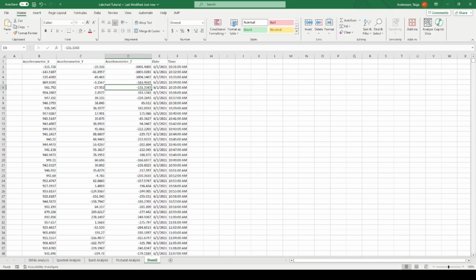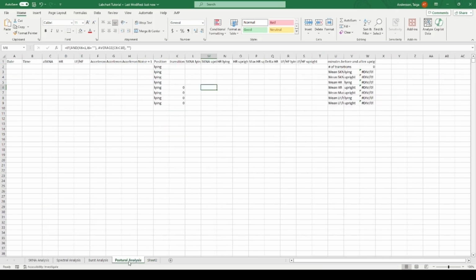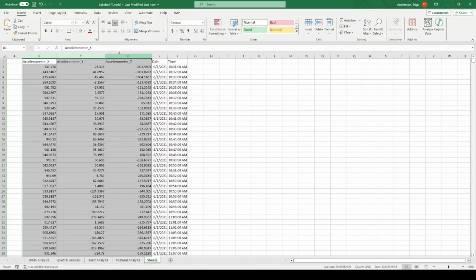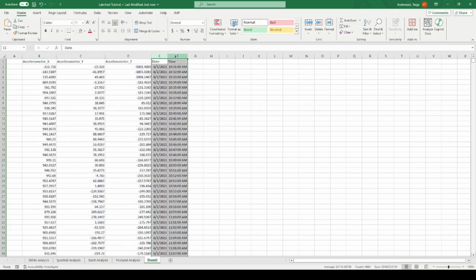Now I've already pulled up a template here for postural analysis. This is the template that I use. So the data that we're going to need is the date, the time, the average SKNA, the heart rate, the LF-HF ratio, and then accelerometer X, Y, and Z, and where there's noise. So I'll go back to our blank worksheet, and let's start with the date and the time,